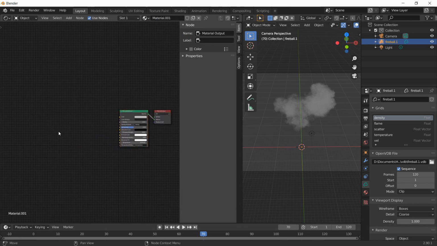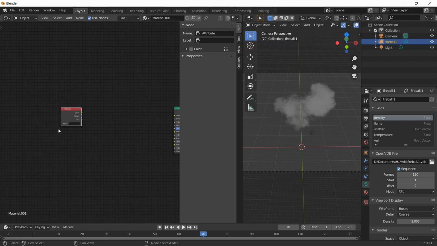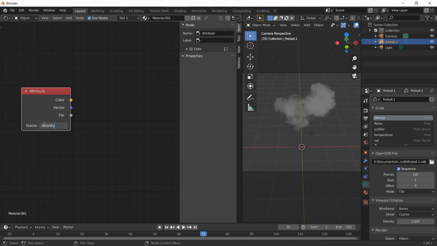So I'm going to jump right in. So we know that we have these 5 elements here. So I'm going to use 3 of these. One is density, scatter, and temperature. And first of all, I'm pressing Shift A and attribute. So I'm going to bring all 3 elements in, all right? Density, oops, density, and copy, paste, temperature, copy, paste,